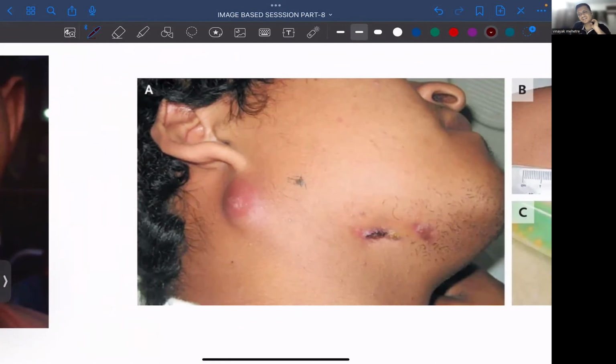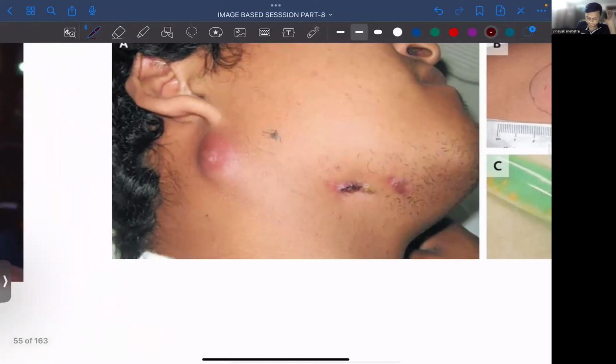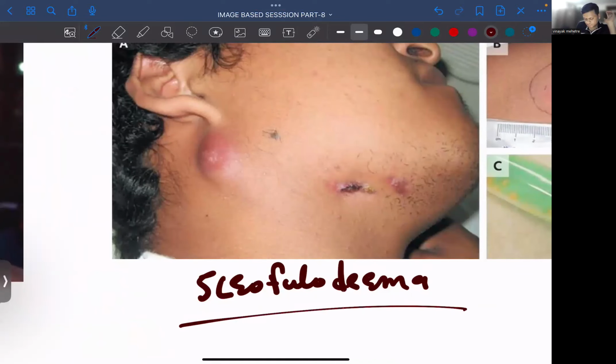See, whenever you are seeing lesion on the neck in the exam hall, remember answer is TB. कौन सी TB होती? Simple hint: neck में lesion है, 90% of the time examiner is going to ask about TB. The name of TB is scrofuloderma. What we will give? We will give ATT to this patient. ओके, एटीटी देना ही पड़ेगा, उसके बगैर नहीं होगा, राइट।